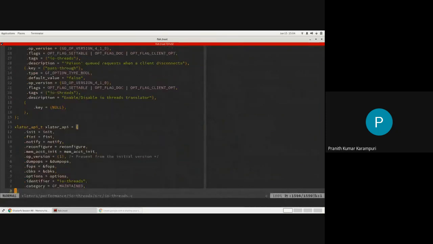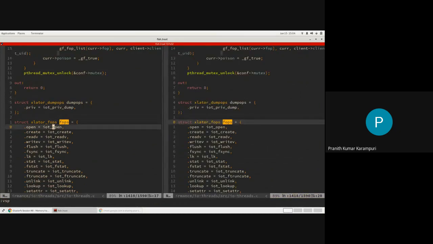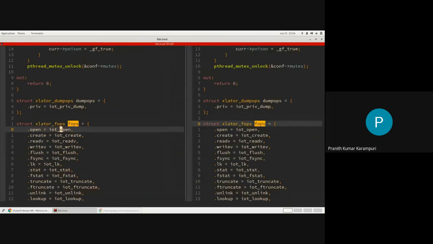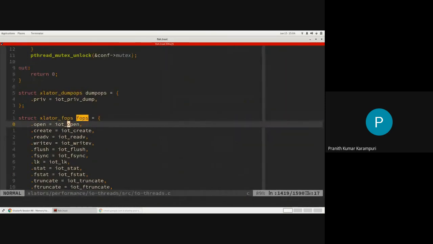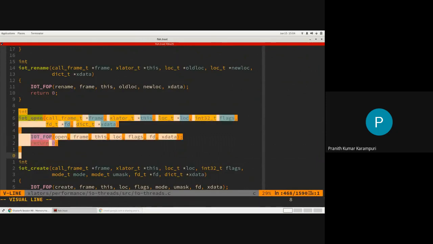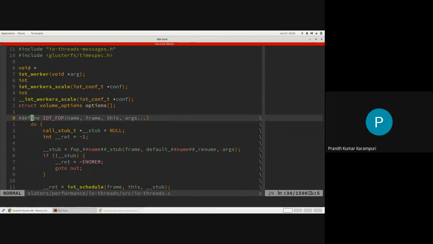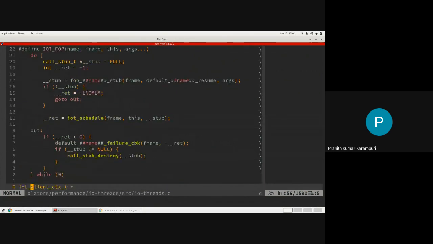Right, so let's look at some of the FOPs. We will see a similar pattern for everything. Any FOP that you see will eventually call into this macro with the appropriate arguments coming in this FOP. And the IOT_FOP macro will create a stub out of it.